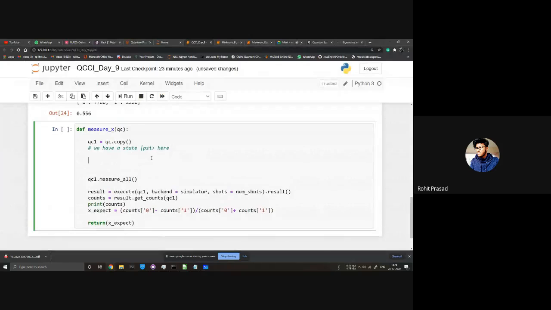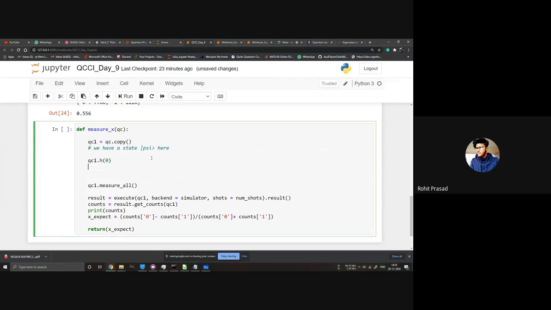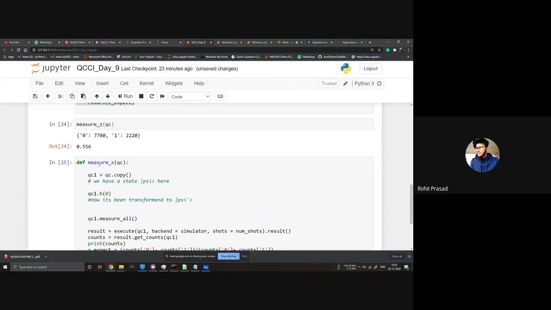So we just do qc1.h on pivot 0. Now it's being transformed to psi dash, right? And now if we measure this thing, we will get our expectation value of x.